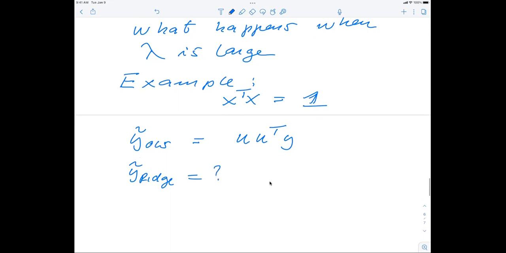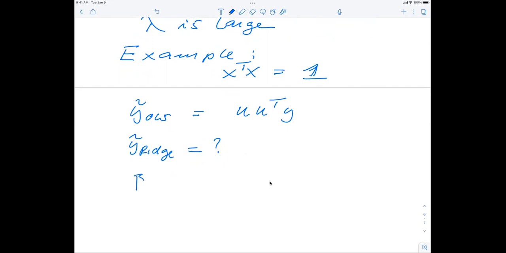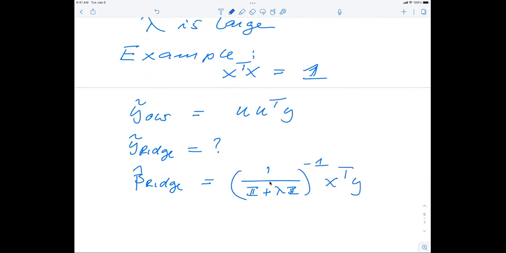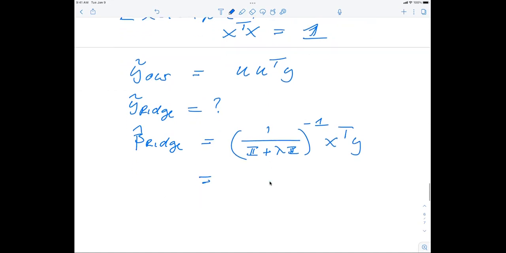So in this specific case, what we have to use is that beta optimal for ridge is simply equal to 1 over the identity matrix plus lambda times the identity matrix, raised to the power minus 1, multiplied with X transpose times y. So that means that what I have now is simply 1 divided by the identity matrix plus lambda times the identity matrix. And this is given by beta